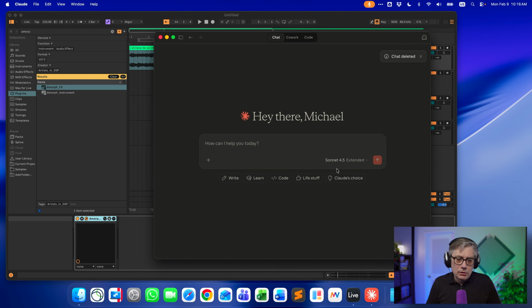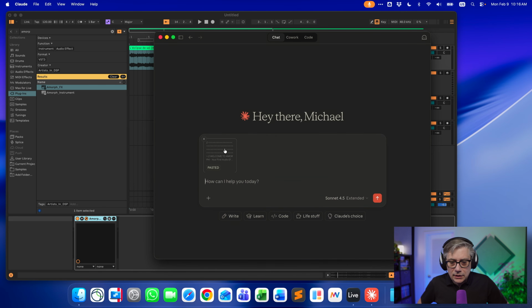Once I've copied that, I go into a large language model. This large language model doesn't have to be Claude. It can be really anything. You can use a local model if you want to. In my particular case, I'm using Claude Code, or Claude, because I think that actually works best. So let me copy and paste the instructions here.